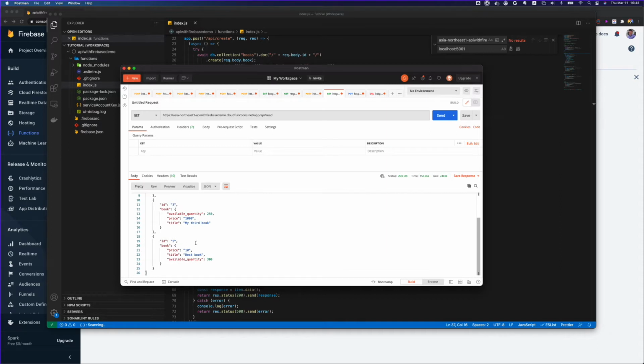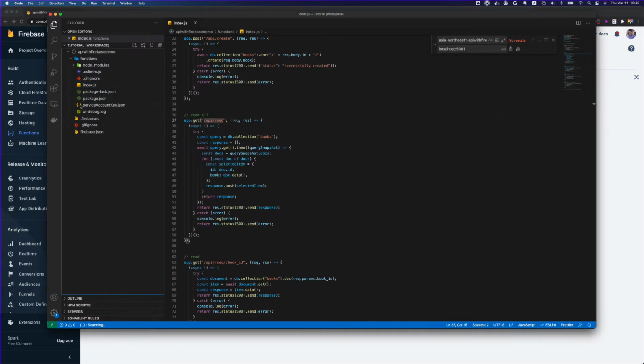So far we were creating, reading and accessing this API using Postman, but in real life you will not be asking your users to go and use Postman to do all these operations. You will be creating an app, and today we will see how we can access this API using an Angular app. We will do it as we did in the last tutorial: everything from scratch, starting from zero.